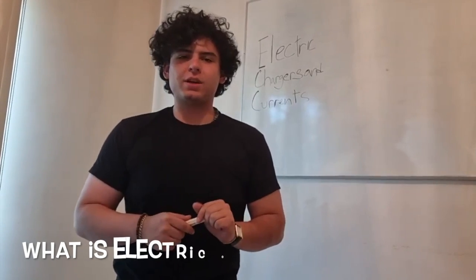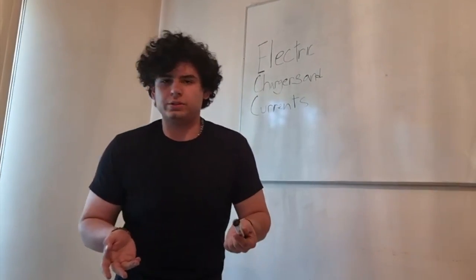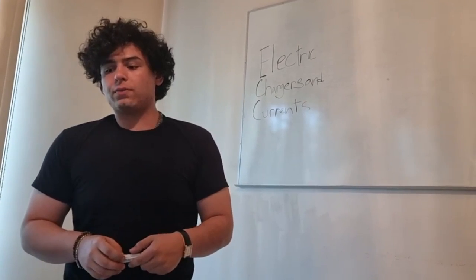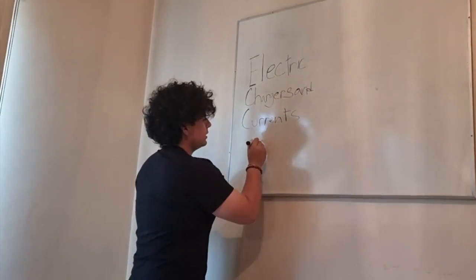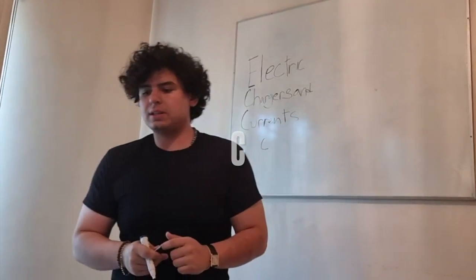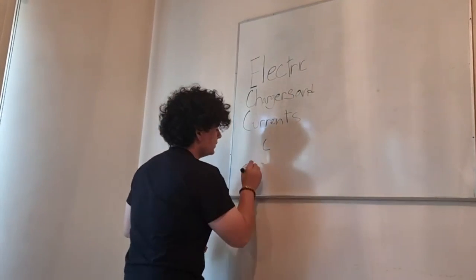So you may be asking yourself, what is an electric charge? There is a simple definition: it is the deficiency or excess of electrons of a body in a surface, which has charge Q, the physical property of matter, measured in coulombs, represented with a capital C. The representative formula for the charge is the following: Q